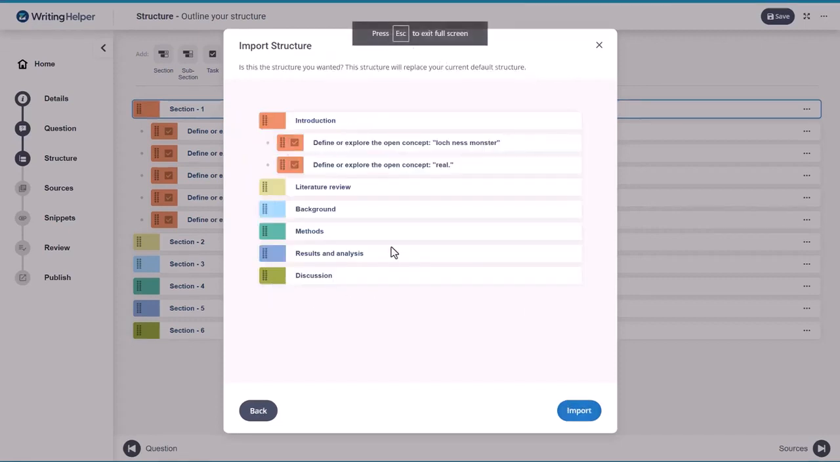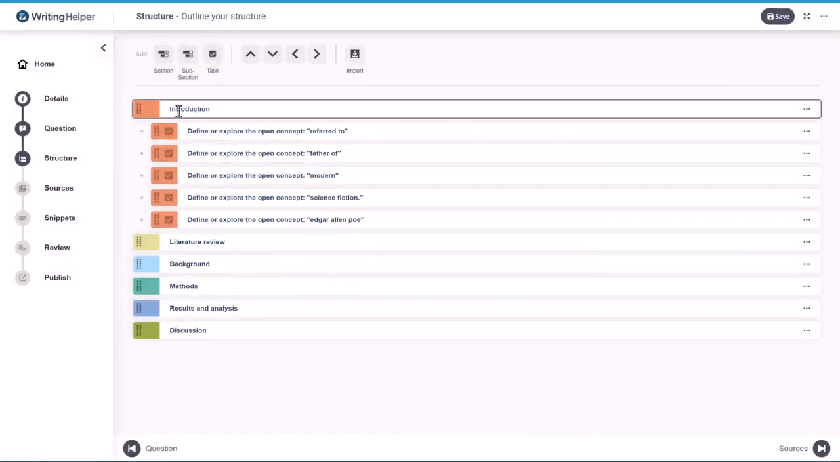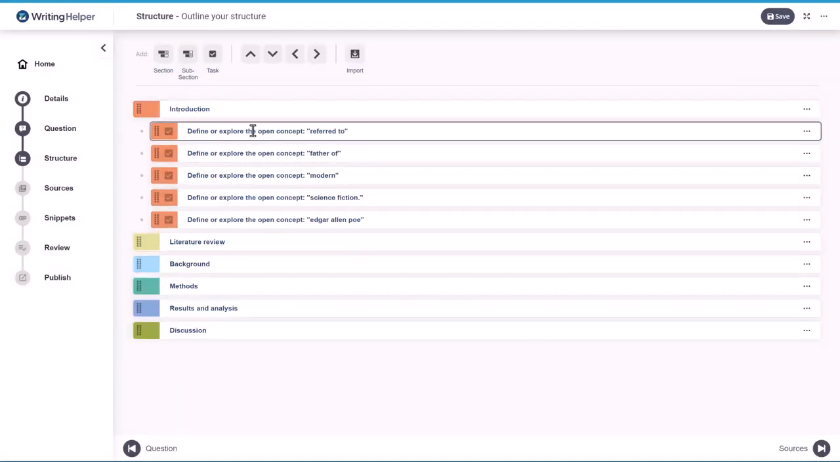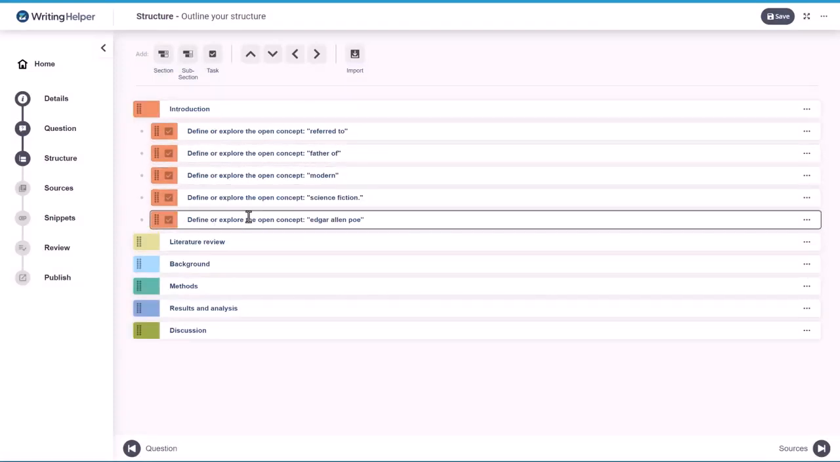You can see there's a structure here from that other project that I might want to bring in, and if I wanted to import that, I can import to give me that structure. And there you can see introduction, literature review, and so on. The open concept tasks didn't change. You may have noticed that there were some open concept tasks from the other project, and they of course don't